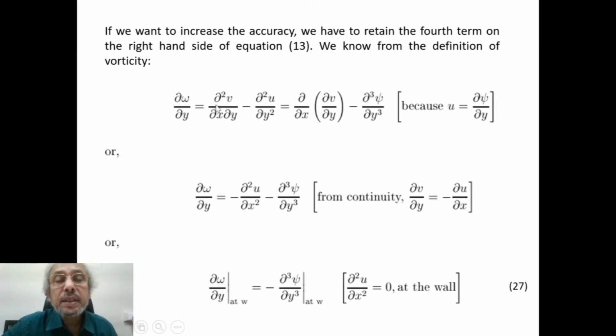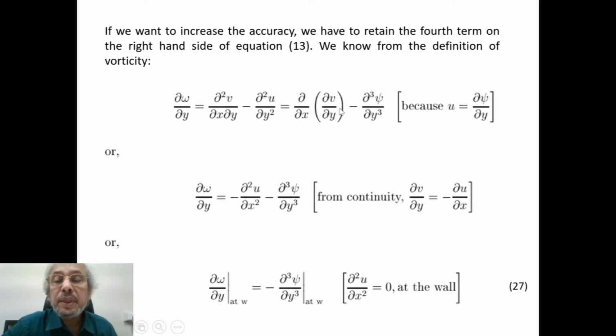Then we get del 2v del x del y minus del 2u del y2, and we can rearrange the first term as del del x of del v del y, and in the second term, u equal to del psi del y,